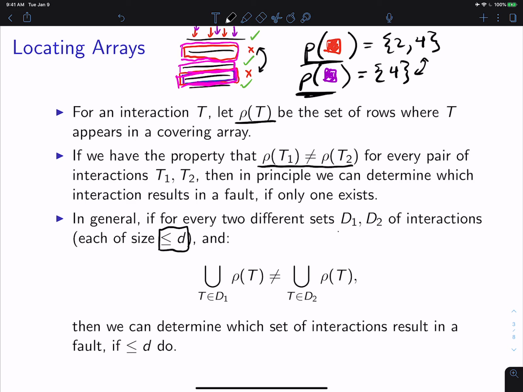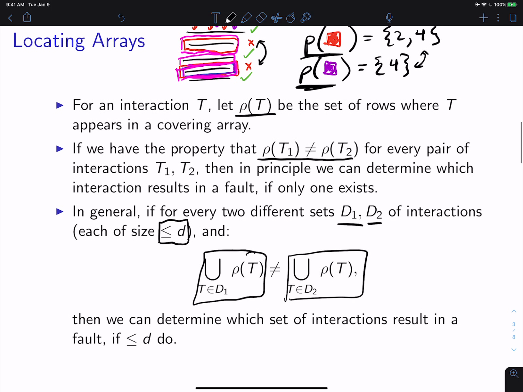So if we pick two different sets of interactions of size at most D, and the union of the rows that they appear in is always different than every other set of at most D interactions, then by the same